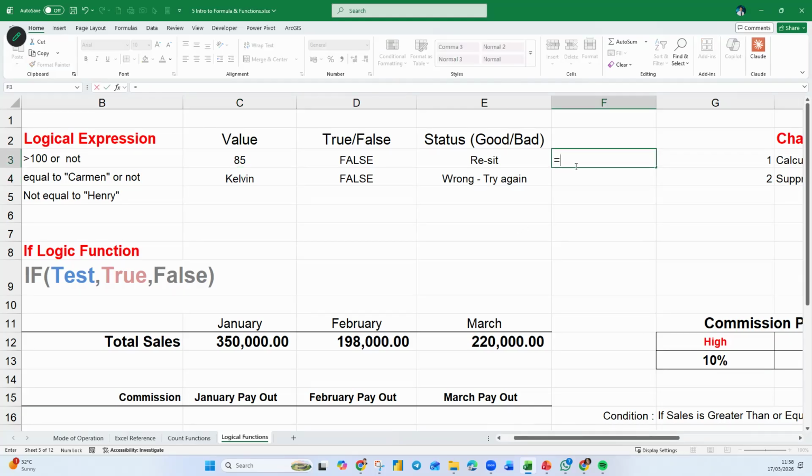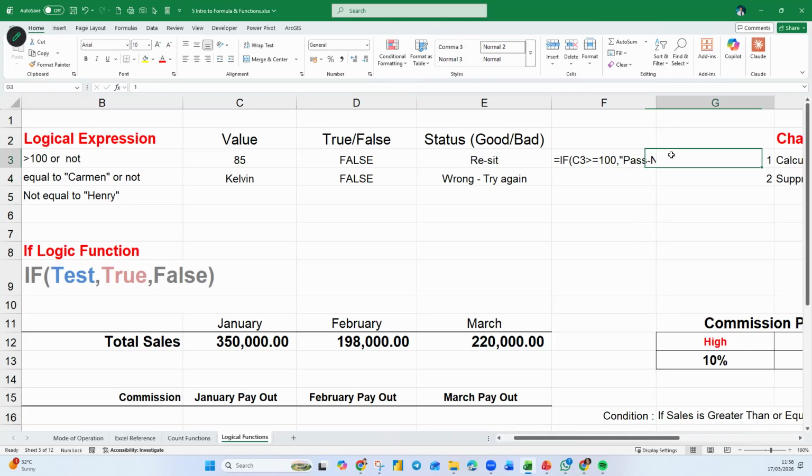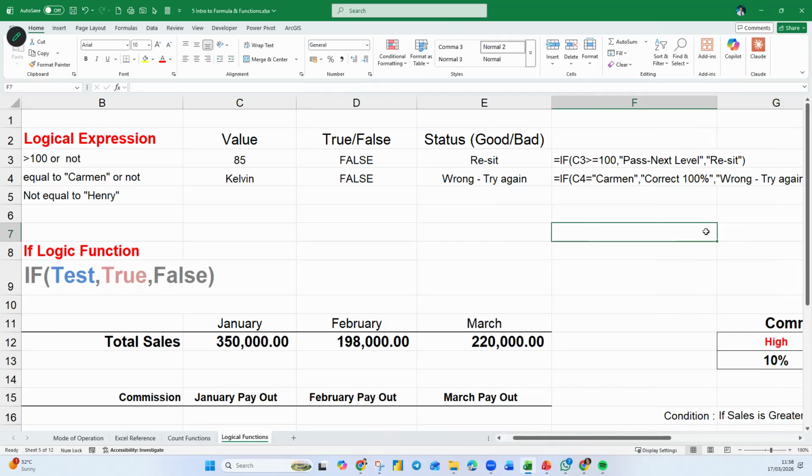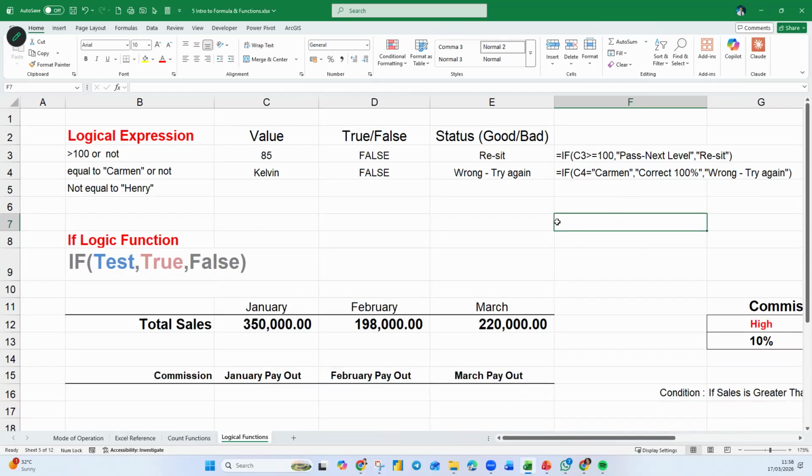Okay, so let me just show you the formula here. So I just copy the formula down. So how do you write it?